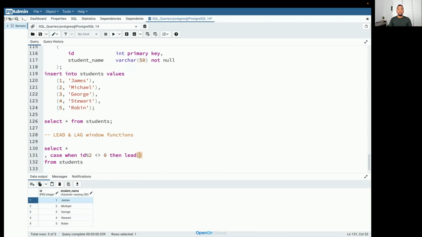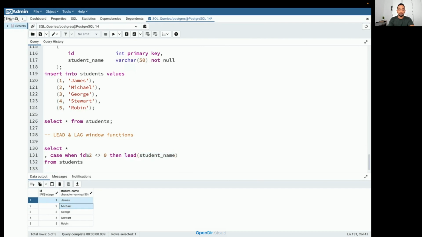In lead, there are a few different parameters that I need to provide. The first argument is basically the column that I want to fetch, which here is the student name. So if my ID is an odd number, then go to the next record, fetch the student name from there, that is Michael, and print it here.